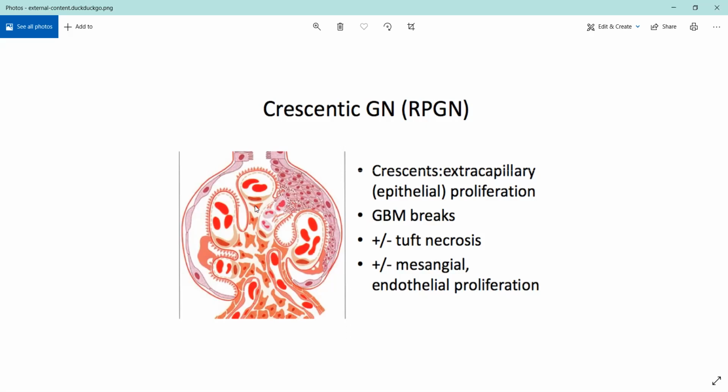Okay, it will look like half of a moon. So what you call the half moon, it looks like that. Okay, and essentially this proliferation is happening because of fibrin. Inflammatory damage is occurring, fibrin is coming into that area, it is getting involved, and because of fibrin, proliferation occurs. RPGN mostly occurs in adults, and its prognosis is very bad. If someone has RPGN, there is a very good chance that they will either need a kidney transplant, or they might not survive it altogether. Okay, prognosis is very poor.